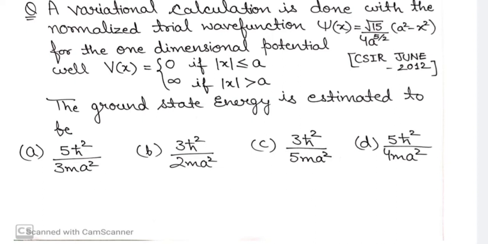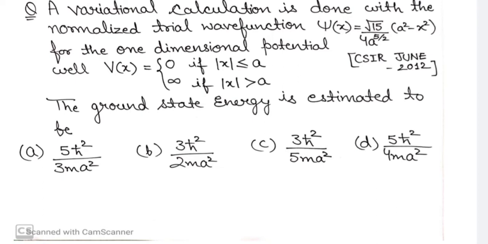How can we know this? If you observe the options, you will see that the expressions are present in terms of A itself. That means they are considering the answer only in terms of A, and we don't need to find its value. In step number 3 we find the value of the variational constant, which we don't need to do right now. After observing the options, we get this information easily. And we want to find the ground state energy. So let's start taking the steps.